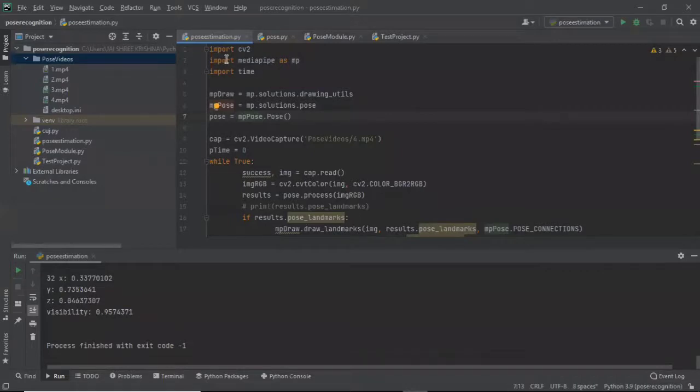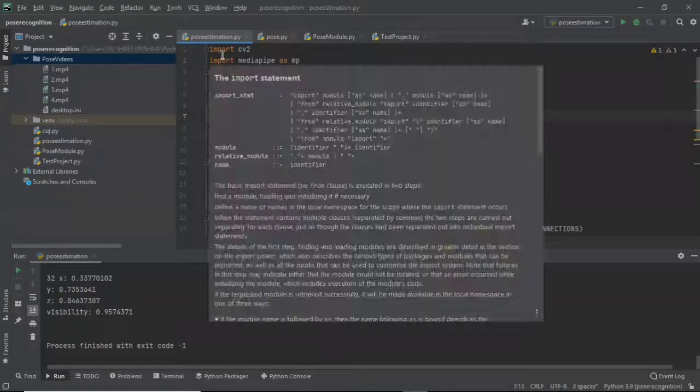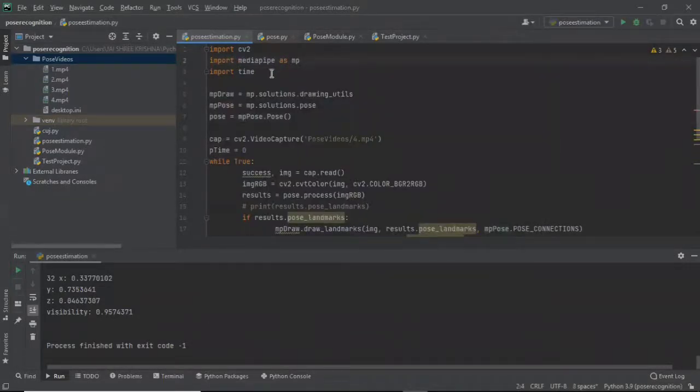Coming to the coding part of the project. Hello, my name is Neeraj. This is the bare minimum code for pose estimation. First we downloaded the necessary libraries like OpenCV, Python, and MediaPipe. Also, we created a video folder for sample videos so that one by one we can see them and recognize poses in them.